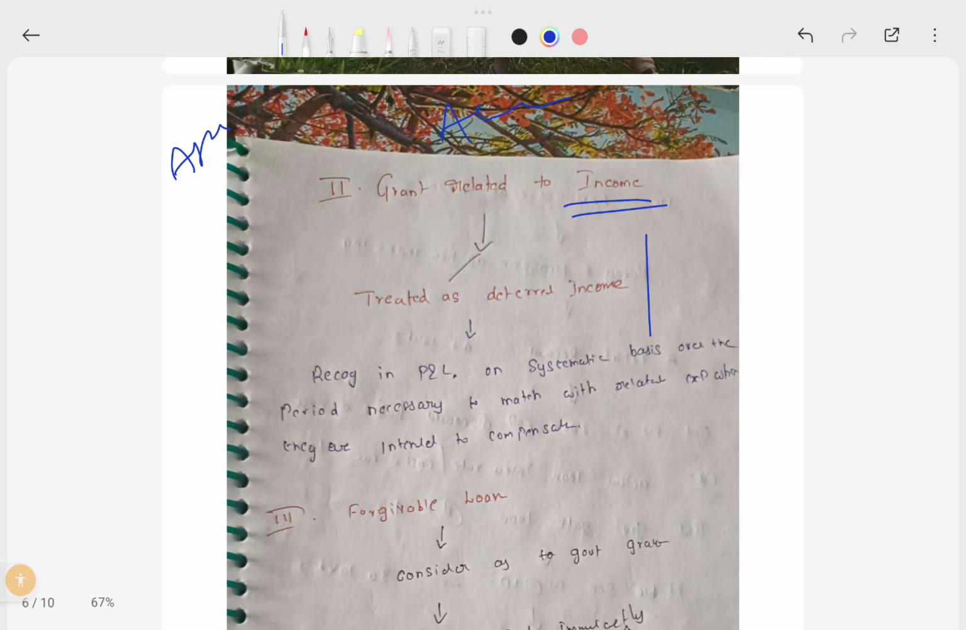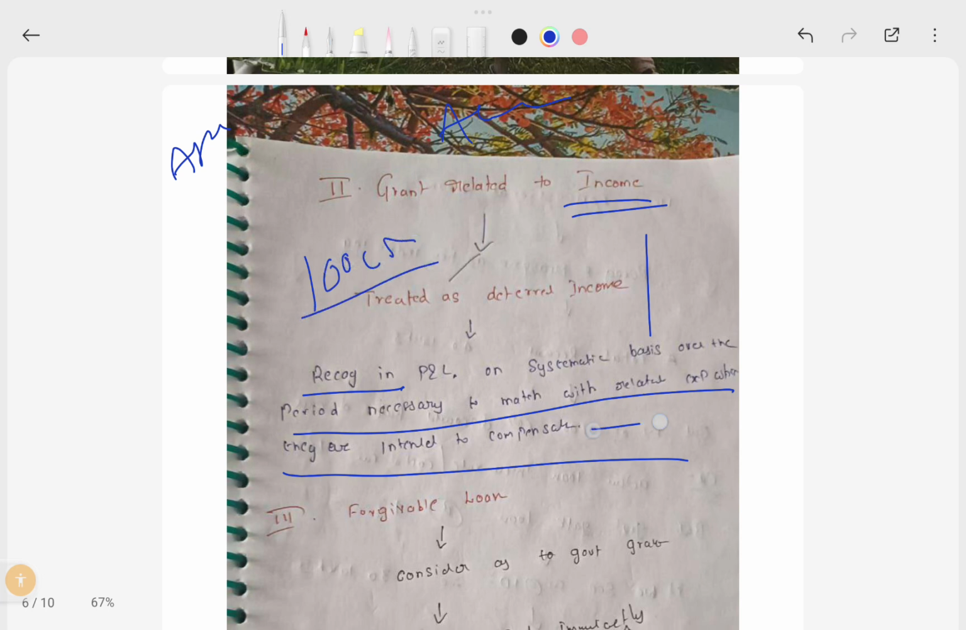They directly given as income. Then treat that as a deferred income and recognize that in P&L on a systematic basis over the period necessary to match the relevant expenditure in future. They are intended to compensate. Say suppose they have given 100 crores to you, and they put a condition that you should follow next 6 years. You need to get 20 to 30